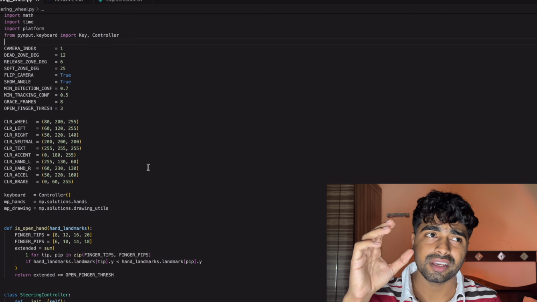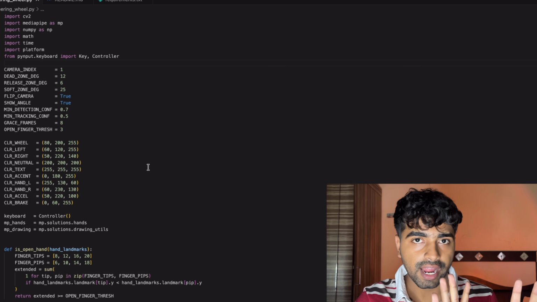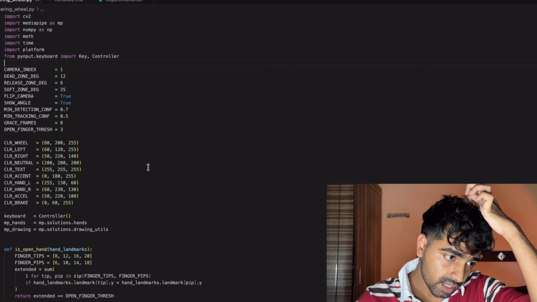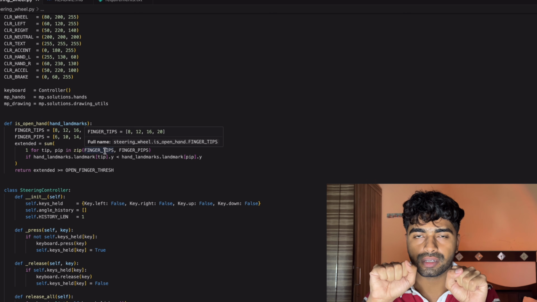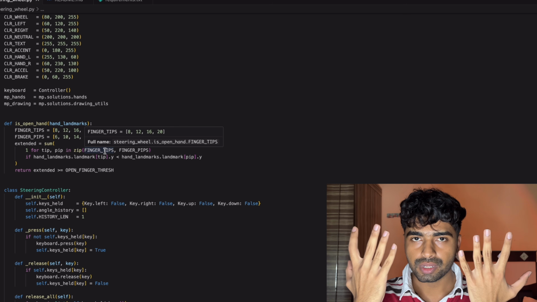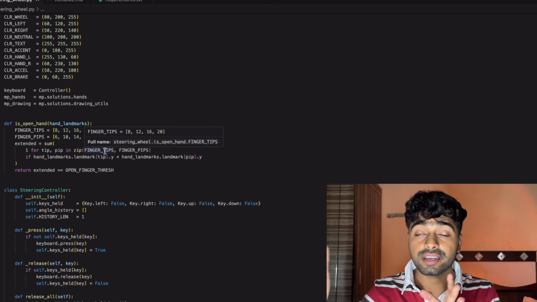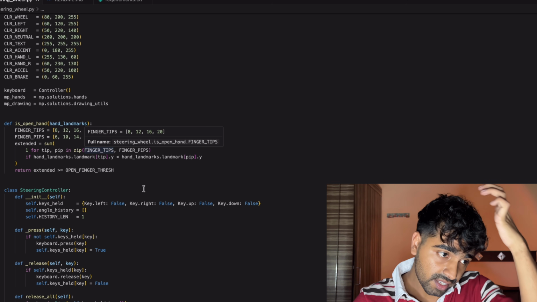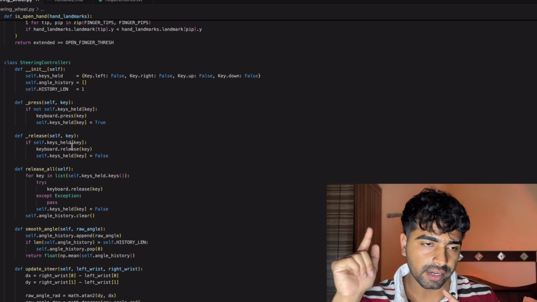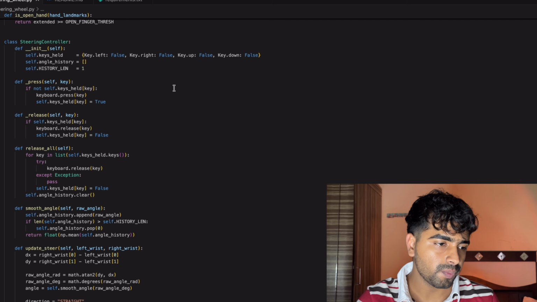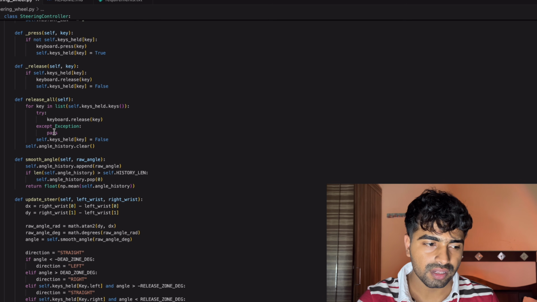For the hand detection, you can use boilerplate code for MediaPipe. This code only detects your hand through the camera. So in the code, I have written a function that checks whether my palms are open or closed. If they are open, that means it will put the brake on the car. If they are in a fist, the car is accelerating and moving. So this function checks whether the palm is open or not. Another is when to press the left key and when to press the right. So for the steering controller, I have written a small function, the definition def press_release_all, and all